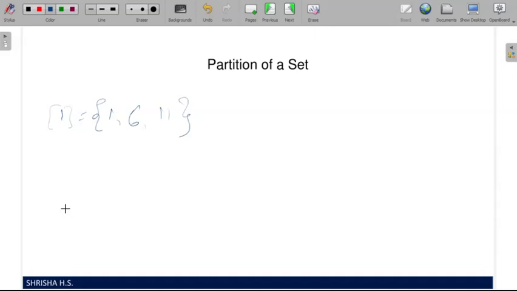If you go on doing like this, the partition sets of 1, 6 and 11; 2, 7 and 12; 3, 8; 4, 9; 5, 10 will also be the same. So just for partition purposes, we will do one partition, and you can work out the other ones. Okay, let's do it for 2.